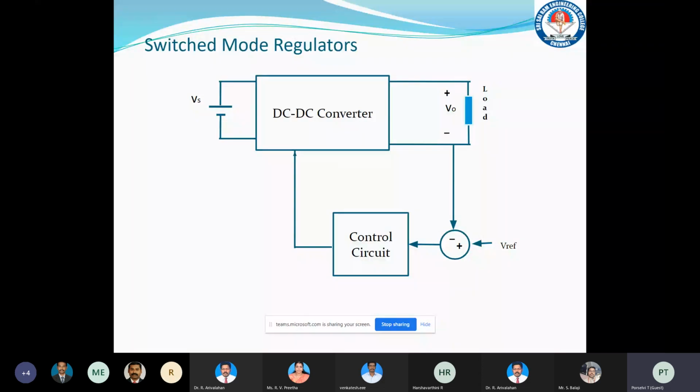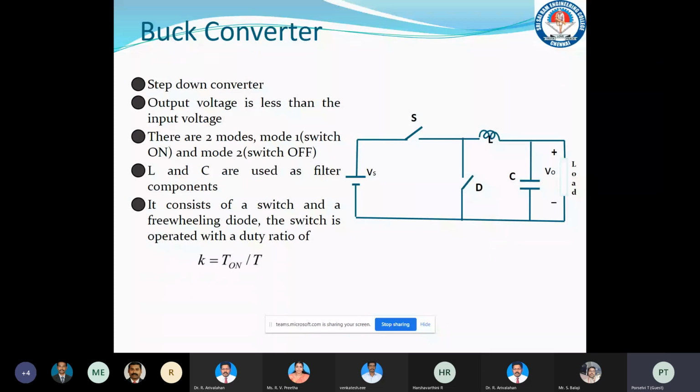and the output is given to the PWM generation circuit, where the pulse width modulation signals are produced, which are given to the switch in the DC to DC converter. The width of the pulses will be such that V naught is equal to the reference value set. So we will be seeing the buck converter, boost converter, and the buck boost converter, which are there in the